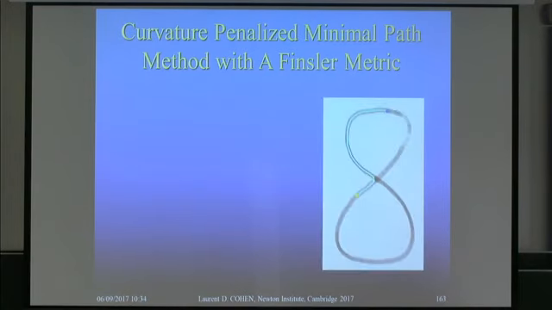So here are some simple examples or illustrations of what you can do with this metric. Here you have the potential P, which is smaller on this H shape, and using a classical minimal path with isotropic metric, given a starting point here and an endpoint here, will give the shortest path that goes on the gray region of this image,